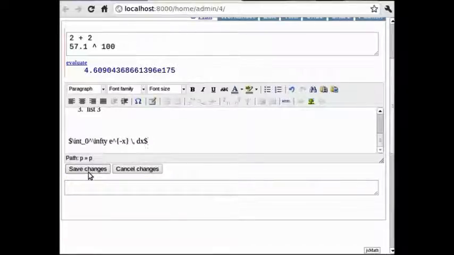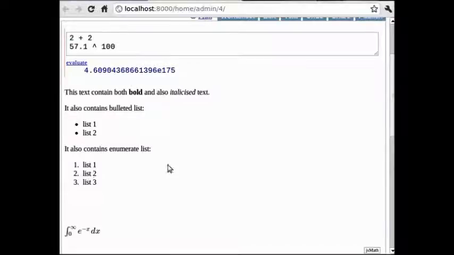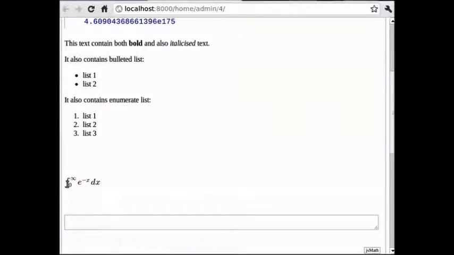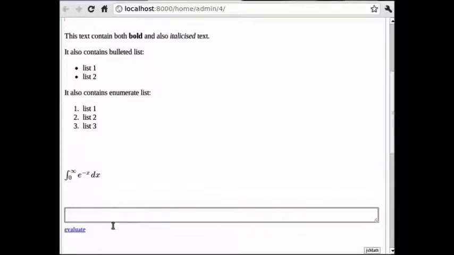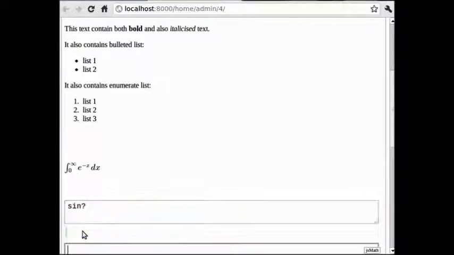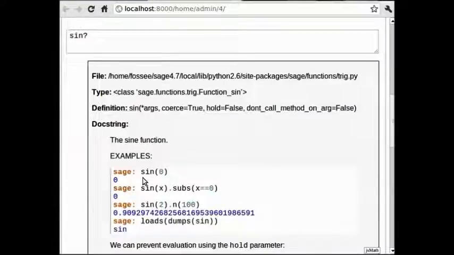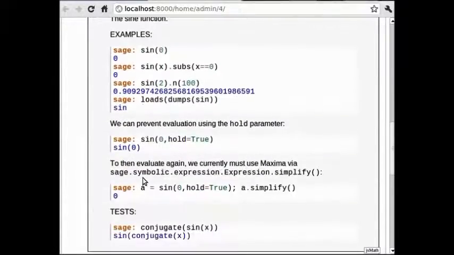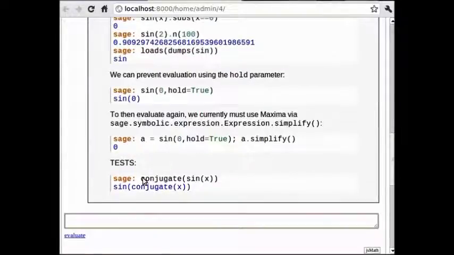We can also obtain help for a particular Sage command or function within the worksheet itself by using a question mark following the command. So you can type, for example, sin question mark and hit enter. You have to press shift enter. Evaluating this cell gives me the entire help for the sin function inline on the worksheet itself. Similarly, we can also look at the source code of such command or function using double question mark. So for example, you can type matrix question mark, then press shift and enter.